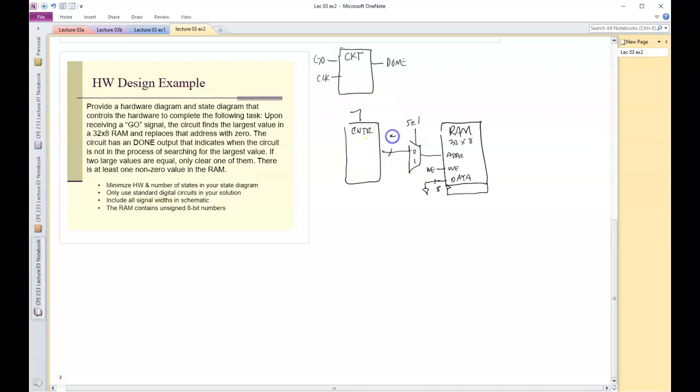So this is going to be a 5-bit value. And I'm going to have to be able to clear this counter, and I'm going to have to be able to count up on this thing. That's my up input, and I think that looks pretty good. So what I need to do is, when I go through this thing, I need to put these values in a register because I'm going to be comparing them. I need to clear that register to keep